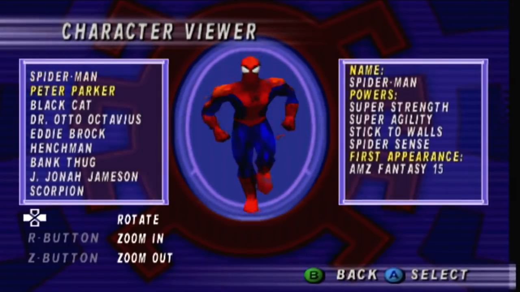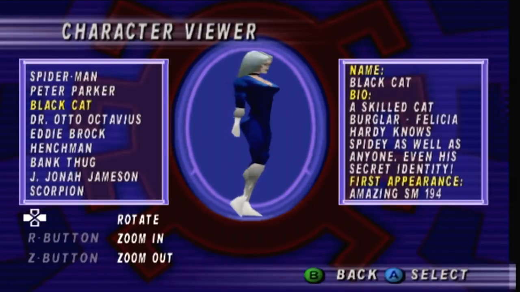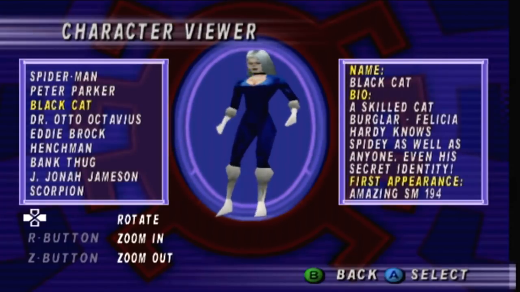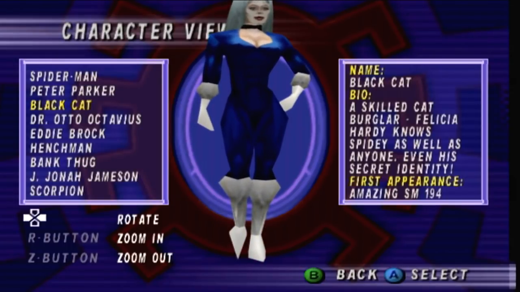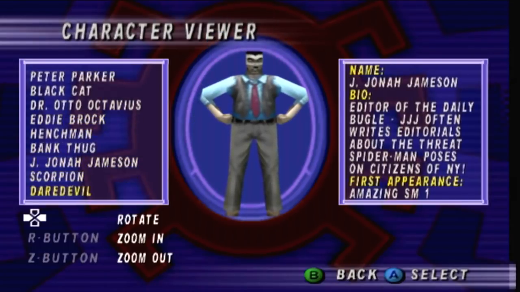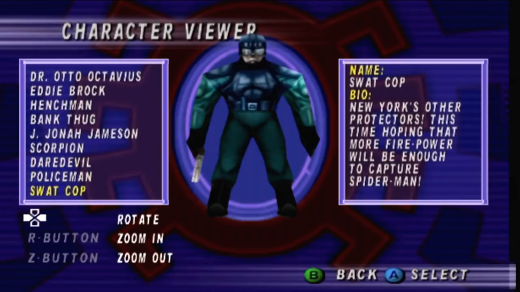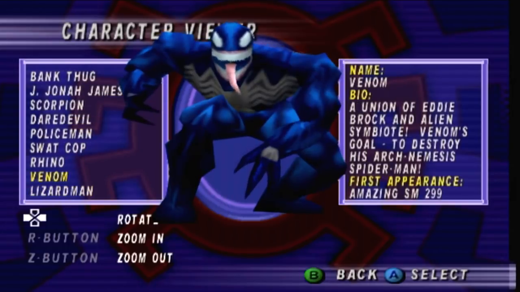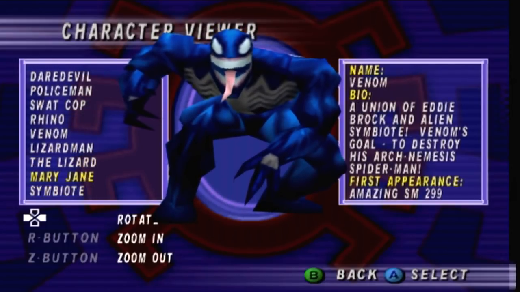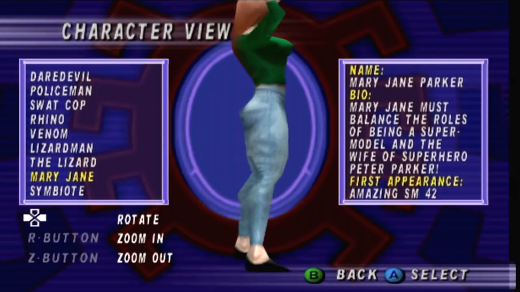And here is the character viewer. Her face looks like a monkey face. Yeah, it looks really bad. It looks really good on the PC, though. This is basically like the N64 GoldenEye models. Even Jameson looks better than... But Venom looks really decent. He looks great. But look at Mary Jane. She has a monkey face, and the problem is...